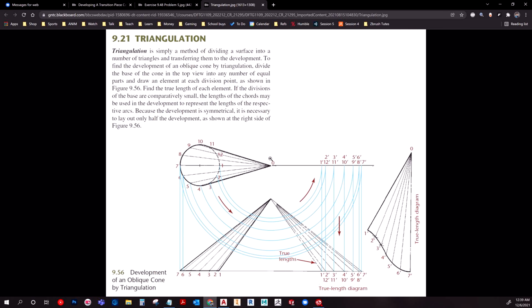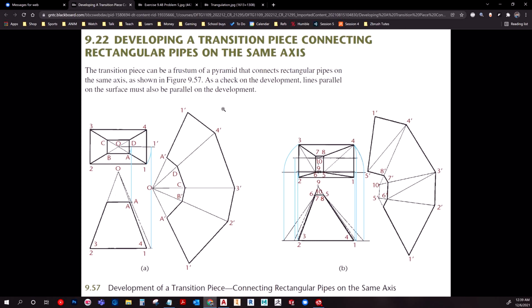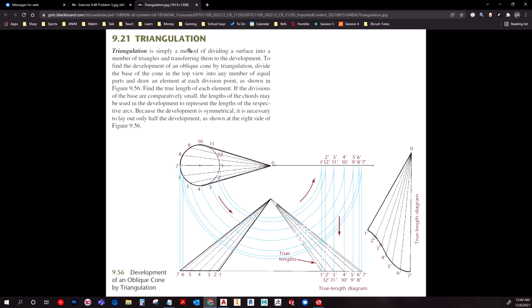So the idea, if you saw my previous video, is you can do in 2D environments like AutoCAD developments of various parts. And in the last one I showed how to do a part like this, a transition from one shape to the next. Well, the same concept can be applied to something more conical in shape, something like this,